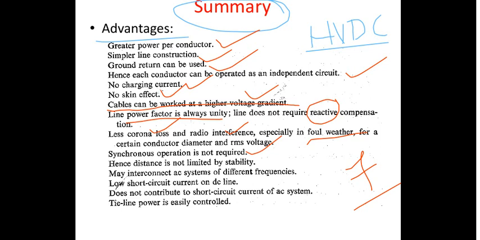May interconnect AC systems of different frequencies. Basically, this point we have not yet discussed. Anyway, I will come up with these things in our subsequent presentation. These are called BTB, back-to-back HVDC systems, right? How exactly these back-to-back HVDC systems can be used to interconnect AC systems of different frequencies, that we shall see later. Low short circuit current on the DC line and